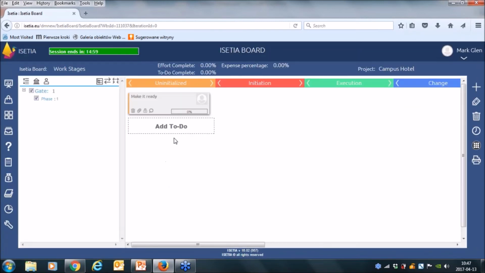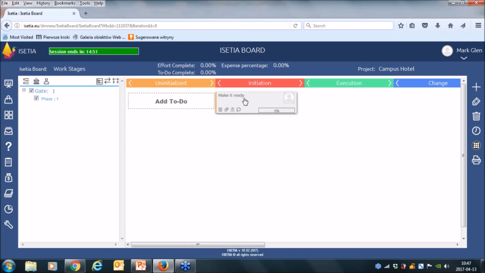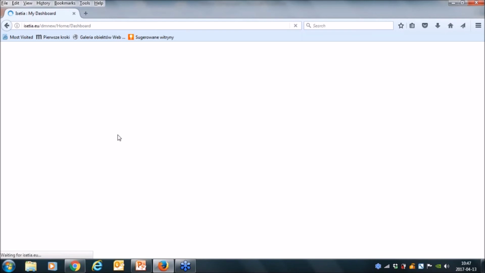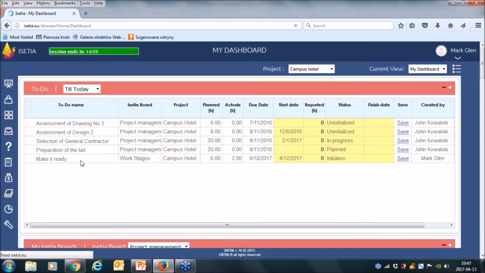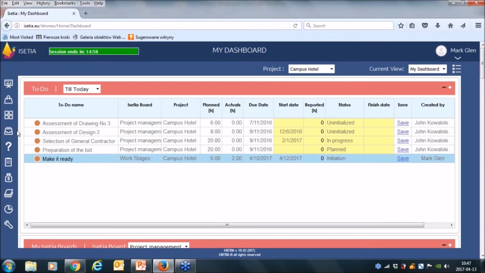And you can see that I have only one task. I name it, make it ready. When I go to the initiation, this is task for me. So this task, Mark Glenn, make it ready, is achievable and is visible in the initiation stage. I will see, oh, here, make it ready.